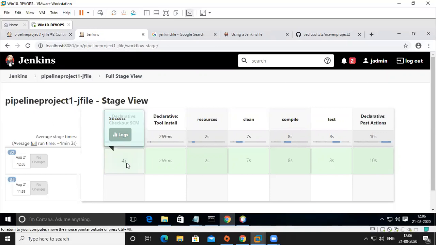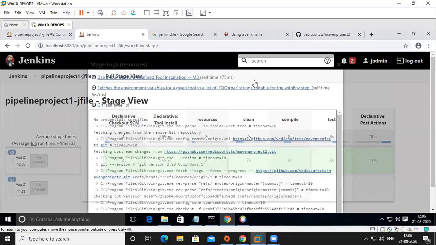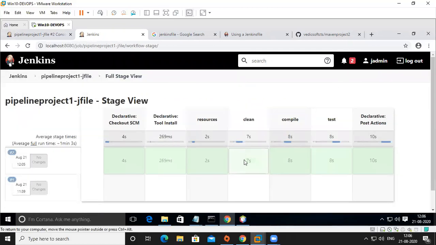Next one is tools initialization, resource collection. Next clean, compile, test, and finally packaging. As we discussed earlier, each one we can see, like the resources, whether it is getting resources or not. Okay, next is clean.